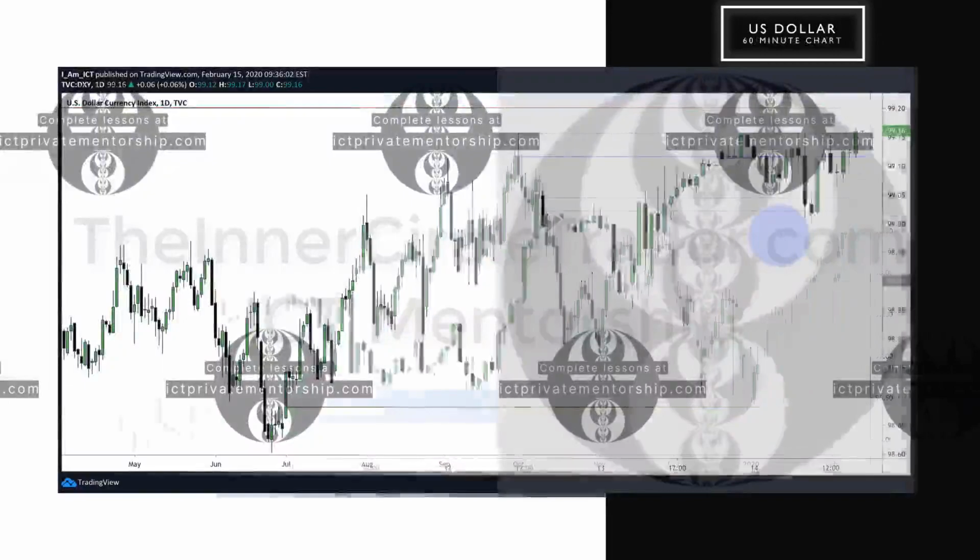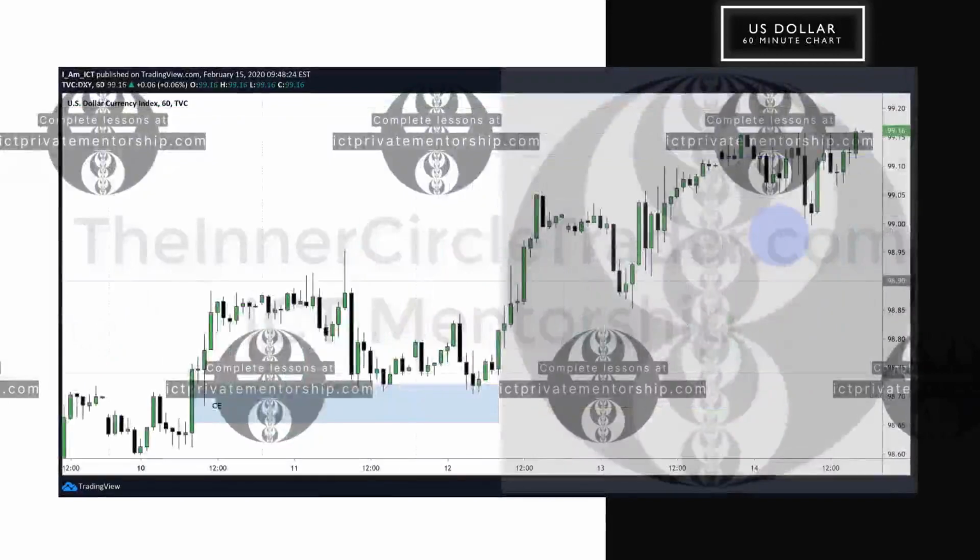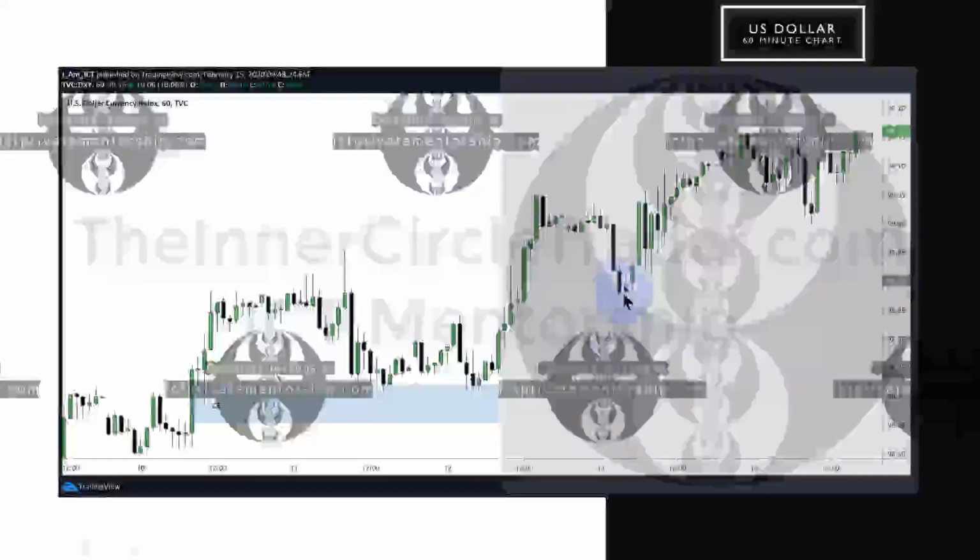Moving on into the hourly chart, you can see that we had the fair value gap in here. Price comes down to consequent encroachment, bullish order block overlap, beautiful reaction there. And then look what's going on here. Price is finding support at the low end of that daily SIBI. So remember, go back and look at the previous